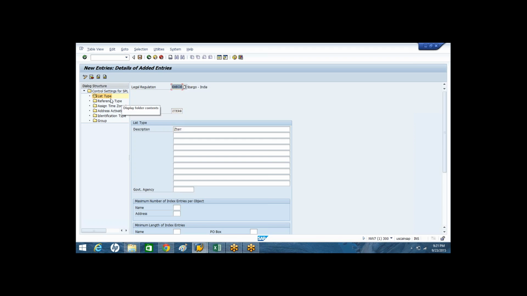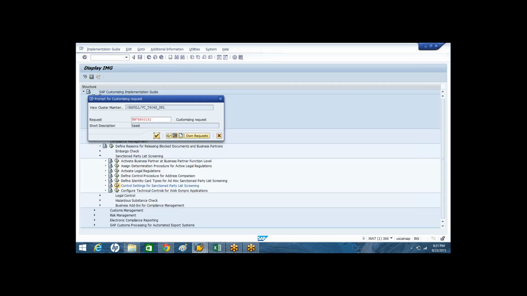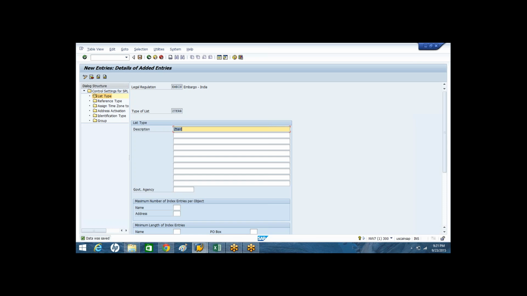So like this you can configure different list types in the GTS SPL screening process.